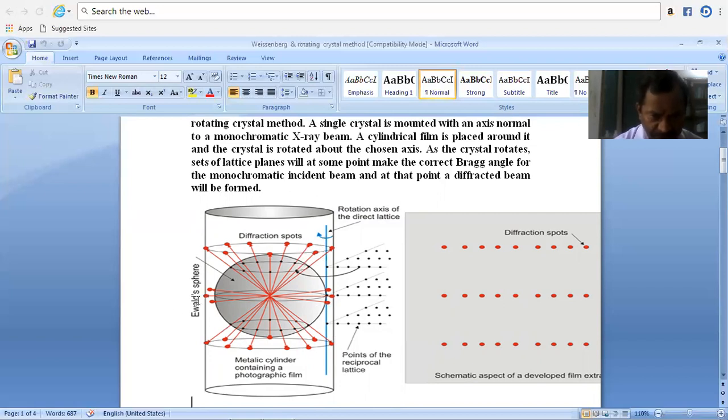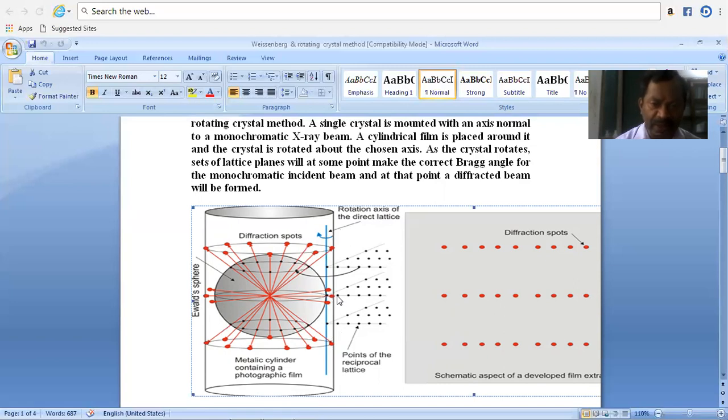So when X-ray falls on the crystal, the diffraction patterns we can see here above and below. Here we can see the crystal planes. This is L equals 0. This is L equals 1. This is L equals minus 1. So on, we can find the crystal planes or lattice planes. Here L equals 2 and here L equals minus 2.